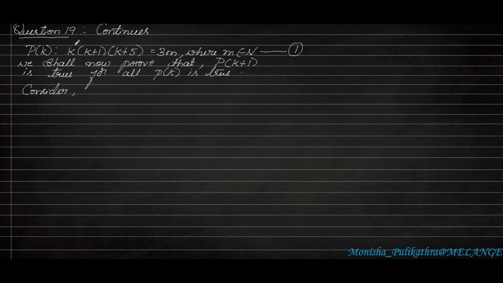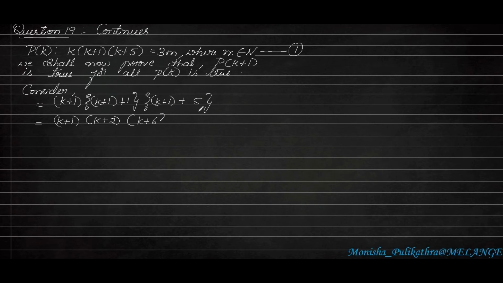So in the place of k we have to include k plus 1, that is one more than that. First is k plus 1, and second, in the place of k we include k plus 1 and again plus 1 here. In the same way, in the place of k we include k plus 1 plus 5. Fine. So we write it as k plus 1. Here k plus 1 plus 1 will become k plus 2. Here k plus 1 plus 5 will become k plus 6.